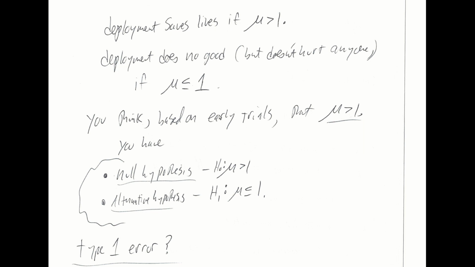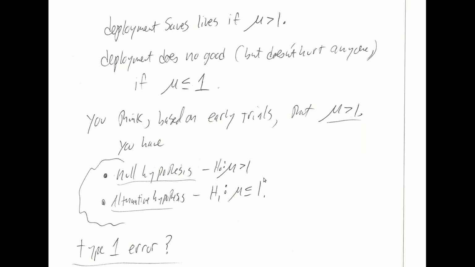So our early trials seem to indicate that mu is greater than 1, but we're going to test that at least a little bit further, and we have to decide what kind of statistical tests we want to do now. What is an acceptable level of significance for this further testing based on the real-world consequences of the different types of errors? So we have reason to believe mu is greater than 1 based on some very early trials,